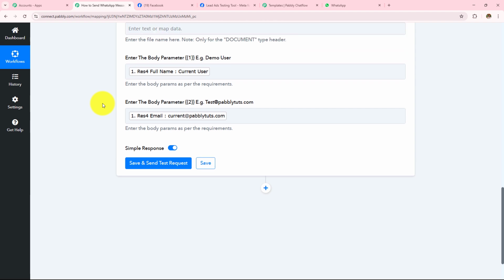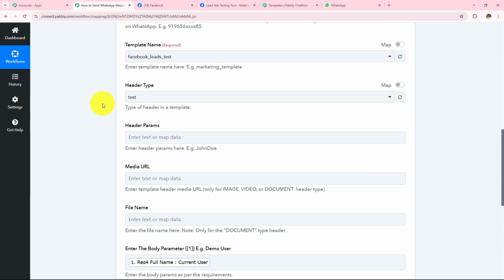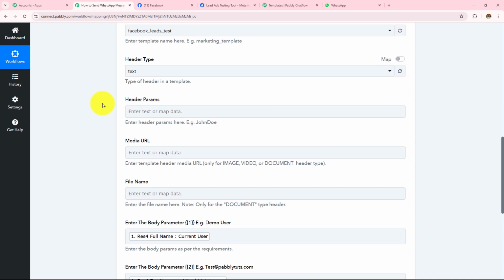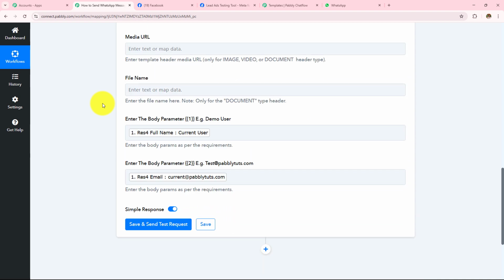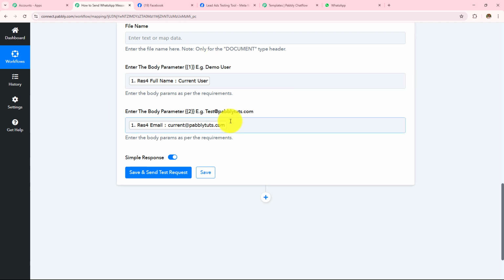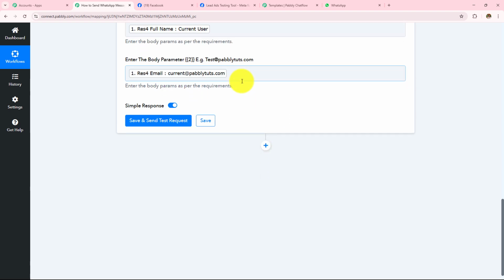Now over here, mapping is important so that every time you receive a new response, it is taken into consideration in these fields. Manually entering the data will make these fields static and the information will not change even if you have received a new response. Over here, if I manually enter any detail, this field will become static and every time I receive a new response, the result will not change. So as to keep these fields dynamic, we use this process of mapping instead of manually entering the details. Now that I've entered all these details, I'm simply going to click on Save and Send Test Request.